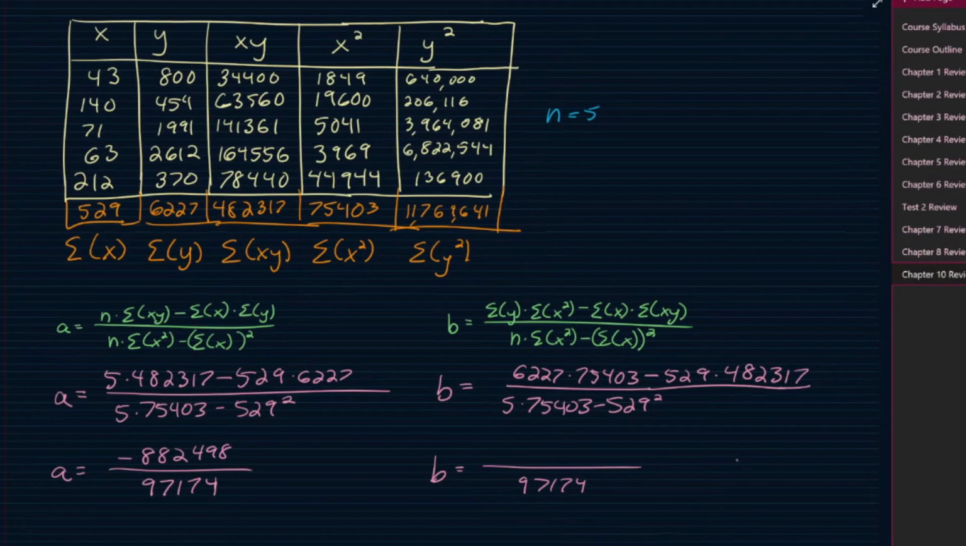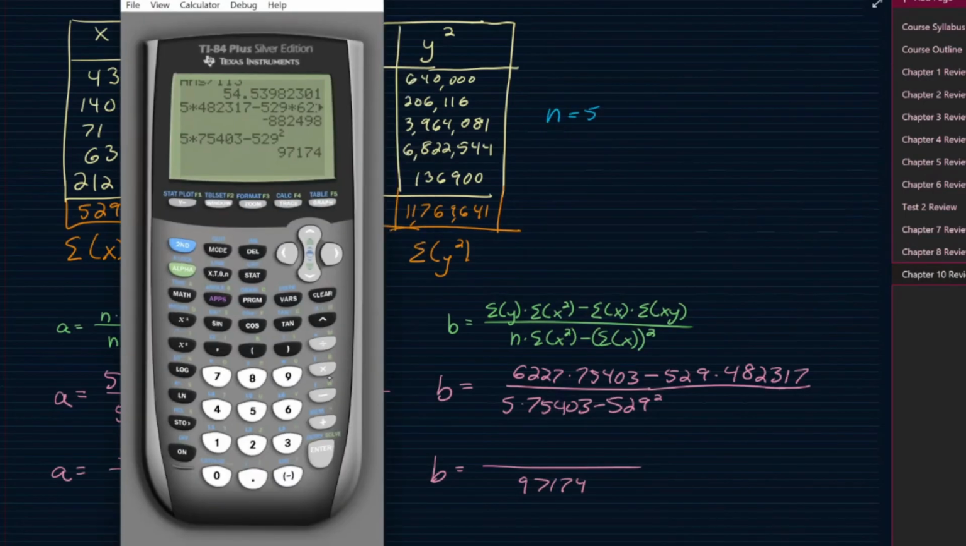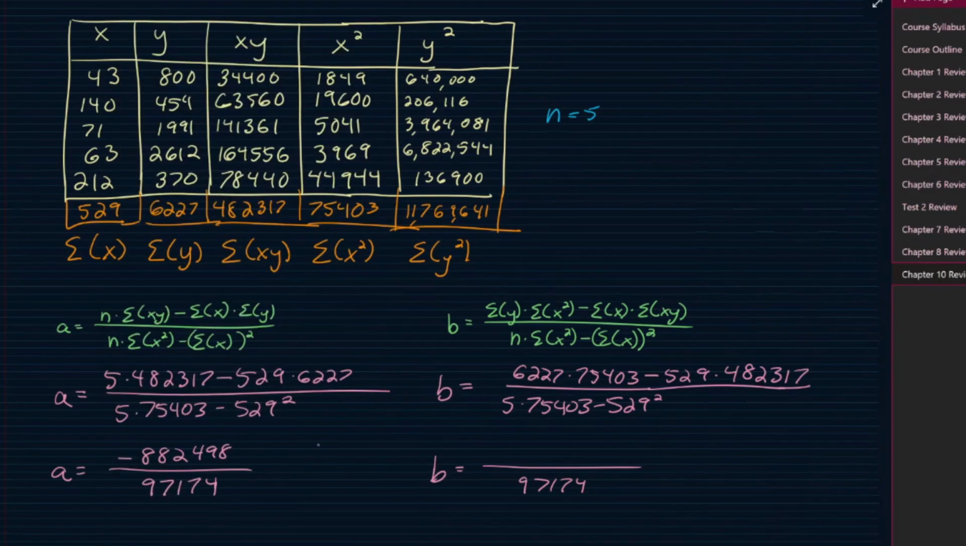So what do we get here? I'm just going to plug the whole thing in the calculator, the whole numerator, that is. 6227 times 75403 minus 529 times 482317. That's 214388,